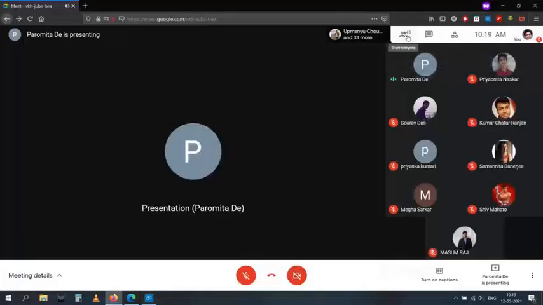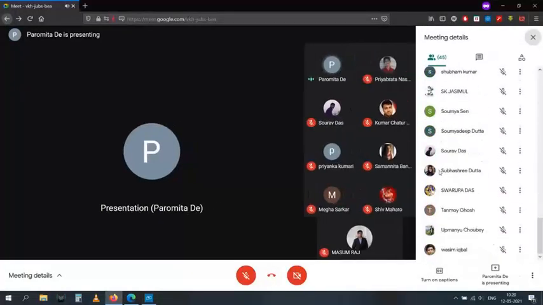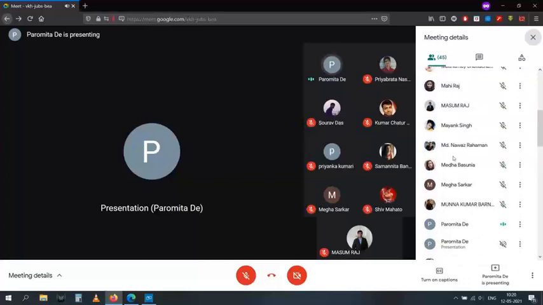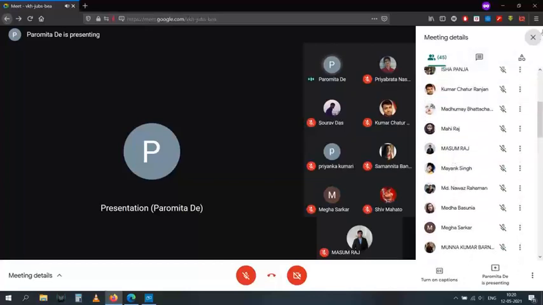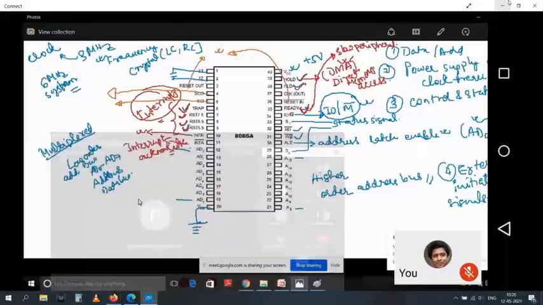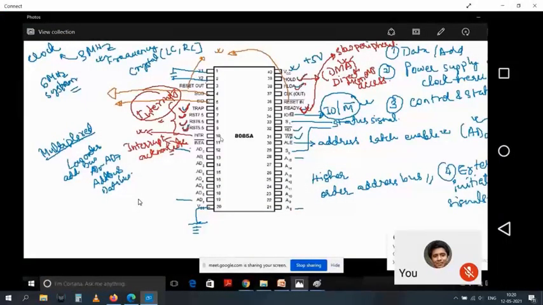crystal oscillator, or some LC or RC circuit, from where we can generate a frequency which will give a clock signal to the microprocessor unit. We also saw that if we need a 3 megahertz clock pulse, then we need 6 megahertz generation. That means my crystal or the LC or RC circuit should produce a 6 megahertz signal, and that will be divided by 2, and that divided value will be used for the microprocessor unit.